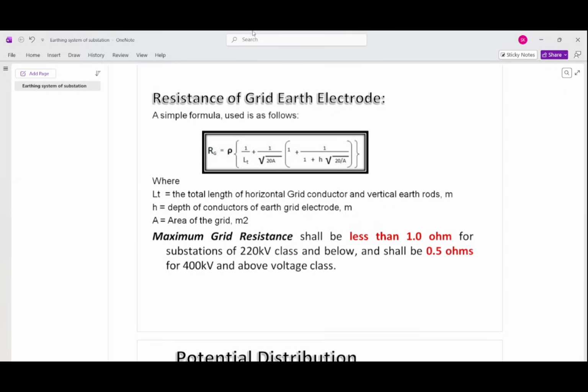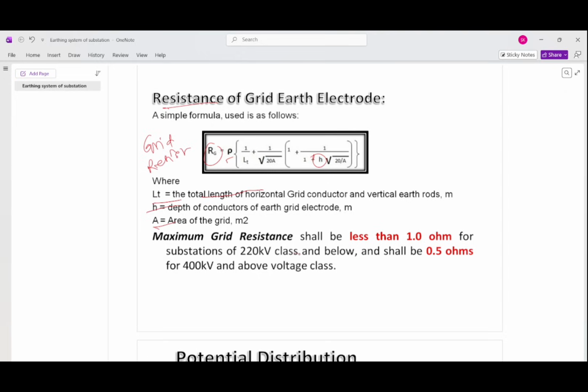Maximum resistance formula: the resistance of the grid earth electrode is calculated using a simple formula. Rg is the grid resistance, rho is the soil resistivity, Lt is the total length of the horizontal grid conductor, A is the area of the grid, and H is the depth of burial of the earth grid. These three important parameters are required to